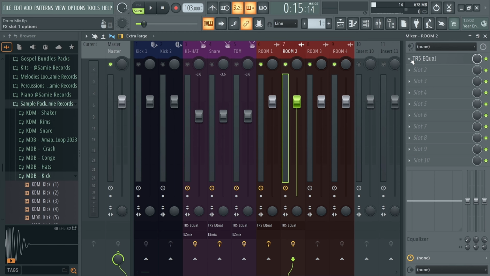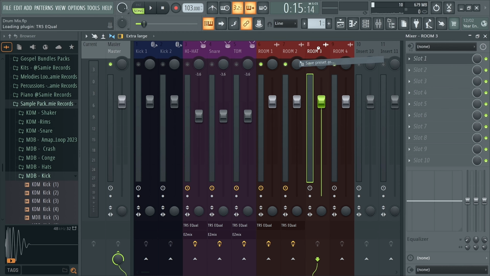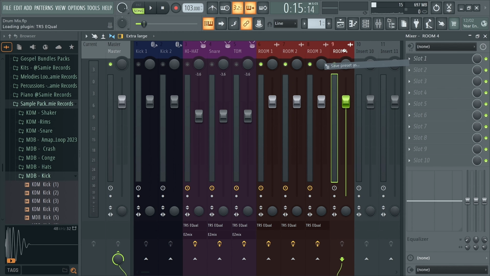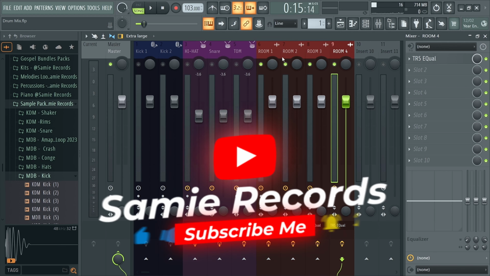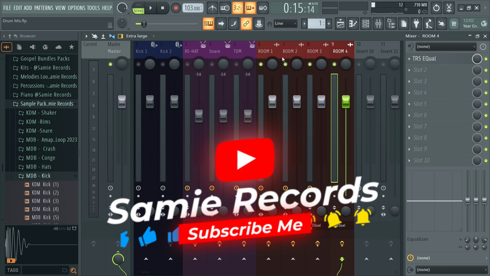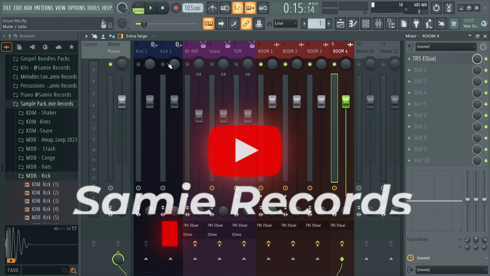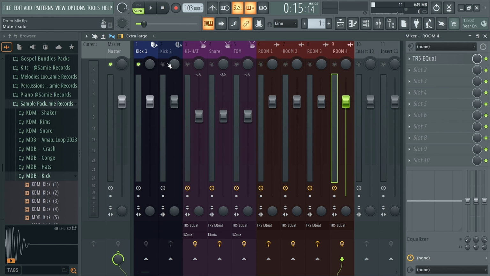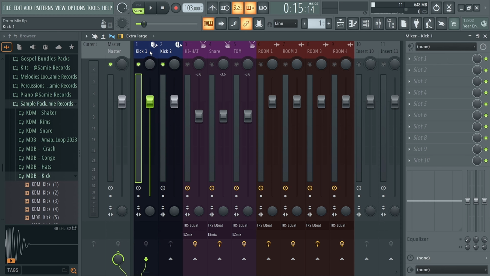All right, so I just duplicate. So literally that's how I process my drums. This is one of the ways that I mix it. There are a lot of ways that I mix it. All right, and for the kick, as you can hear it,